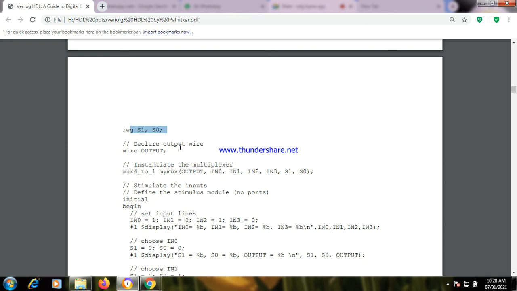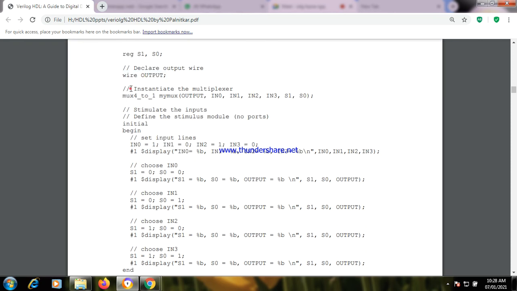And the output type is wire. Now, instantiate the multiplexer. We are generating one multiplexer by the name MyMux, with output, IN0 to IN3, S1, S0.